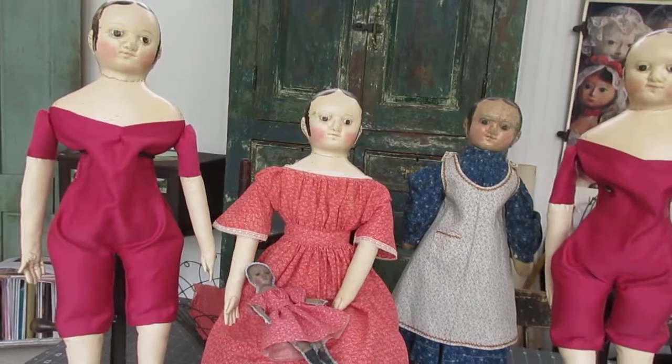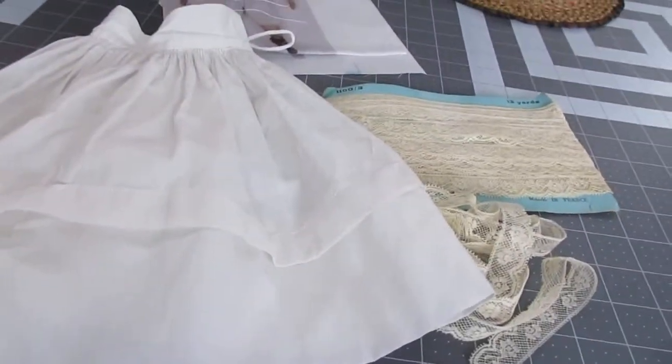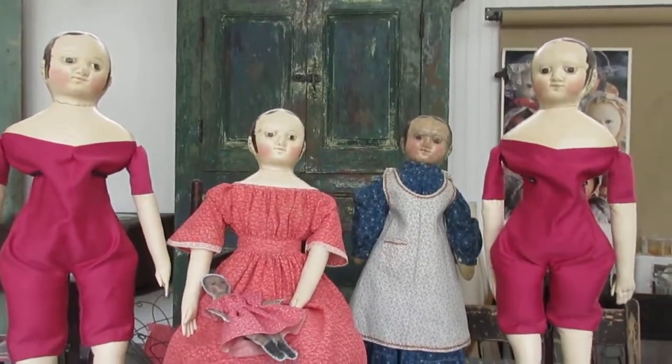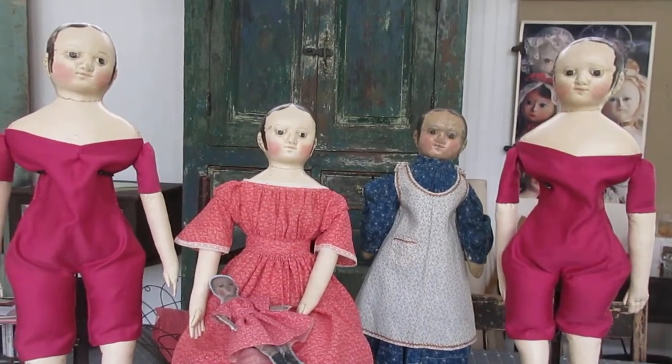Anyway, when I put the clothing together, I use all of these various bits and pieces, and I hope that it makes the doll's new owners happy. It does make me happy. But I have to say, again, I do make dolls that look brand new because some people love the thought of, oh my